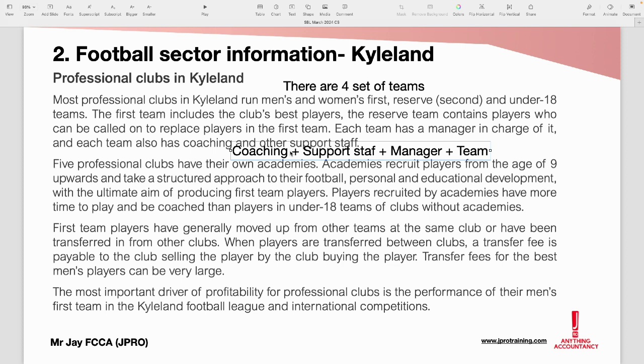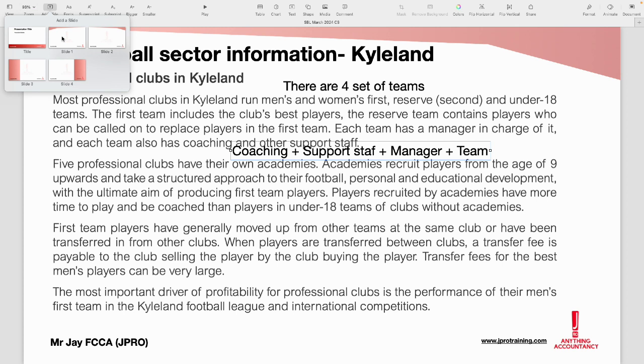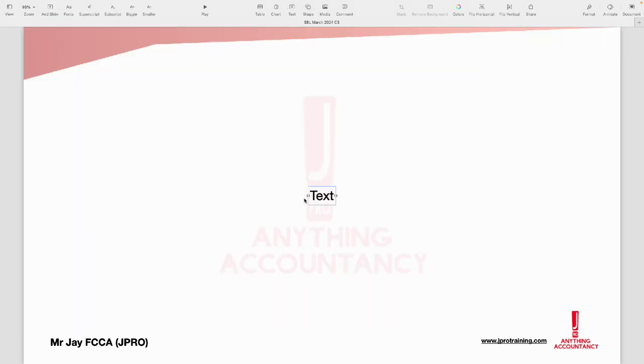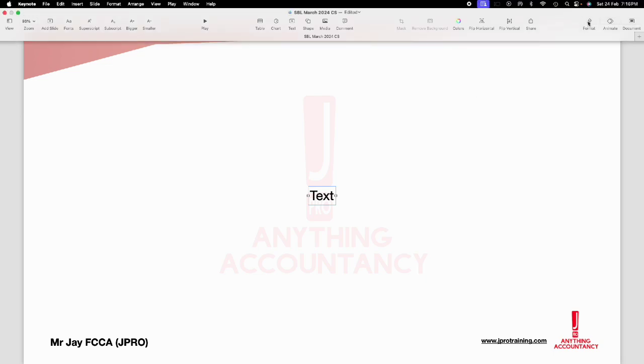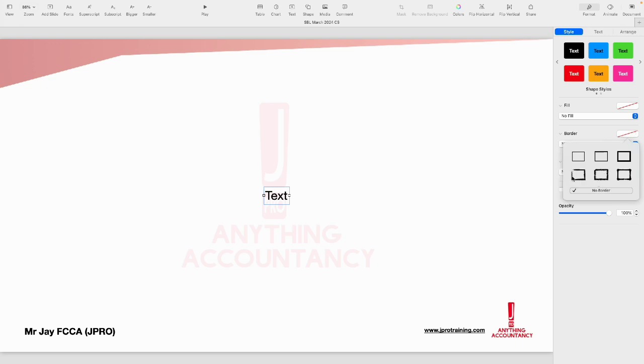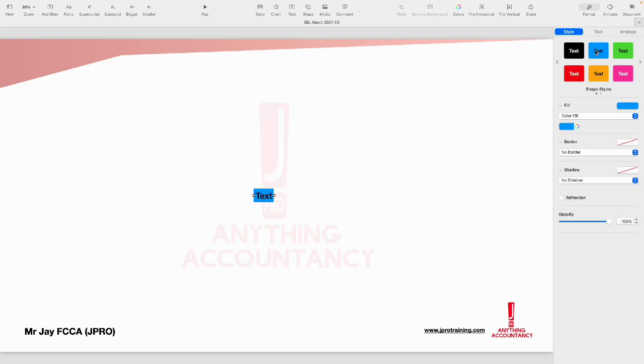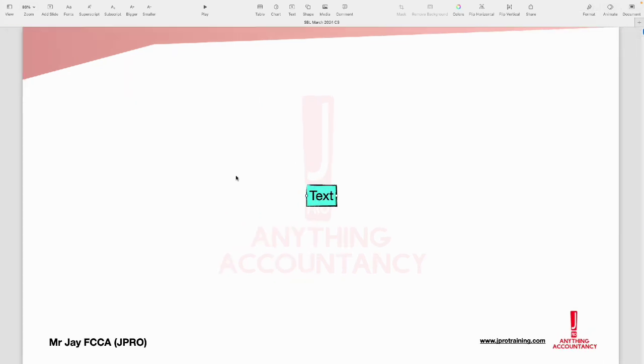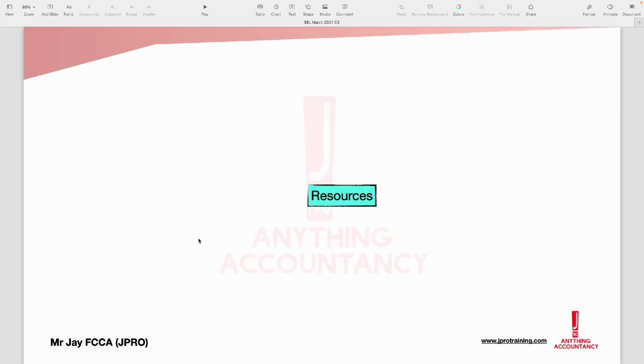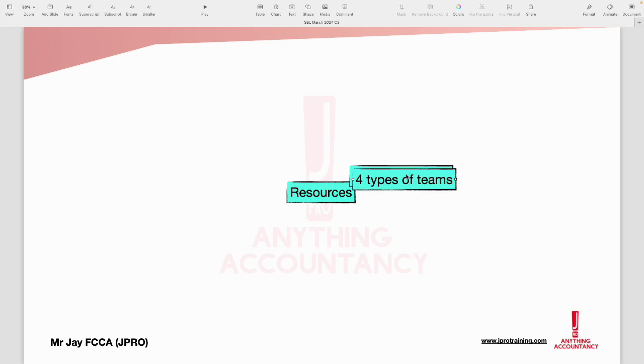So right now we can see there are potential resource issues that you should be aware of. Let's think about the resource issue you are looking at. So we have resources here, and they're already highlighting one resource issue for you, which is basically that you have 4 types of teams. What are the 4 types of teams? The 4 types of teams that you have include your, remember, your